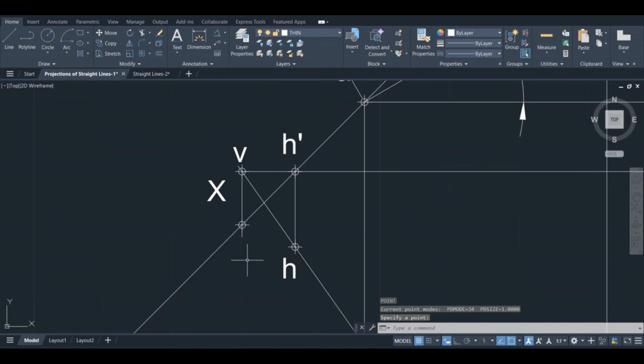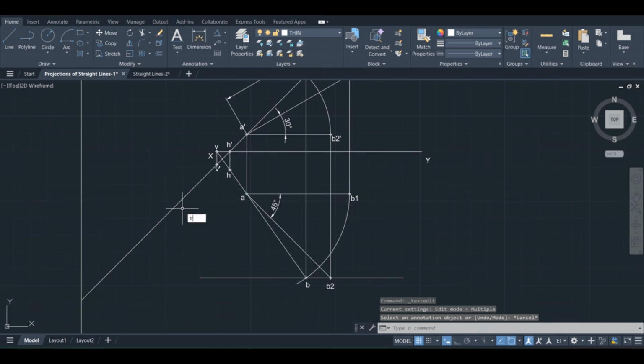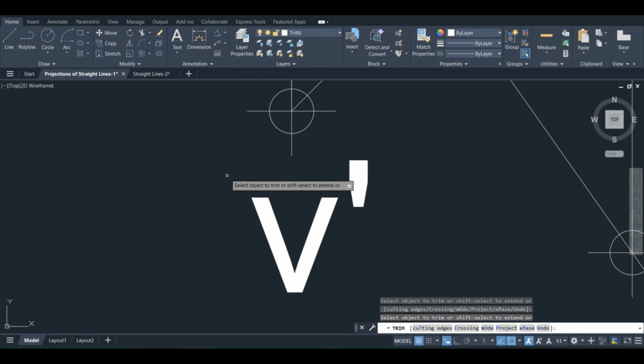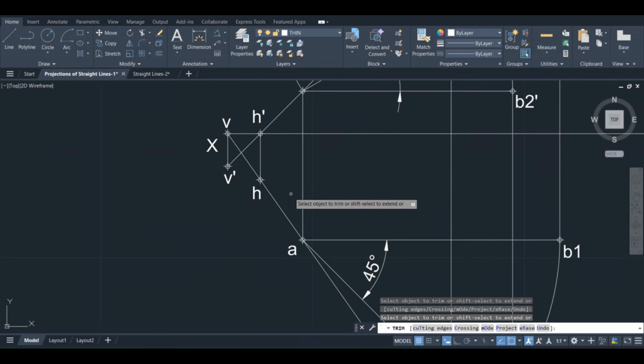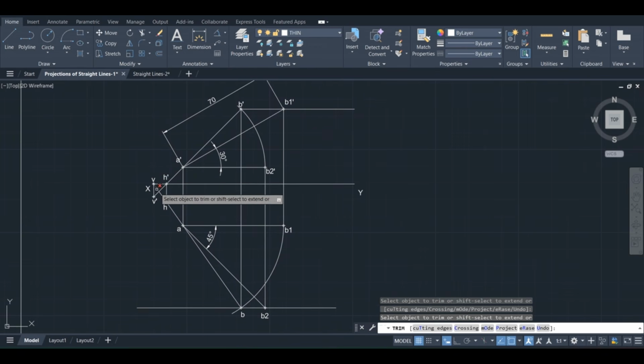So mark this intersection point as V dash, vertical trace, front view. Okay, so trim this extra line. So these are the traces, right? So horizontal trace, front view, top view, vertical trace, front view, and this is top view.